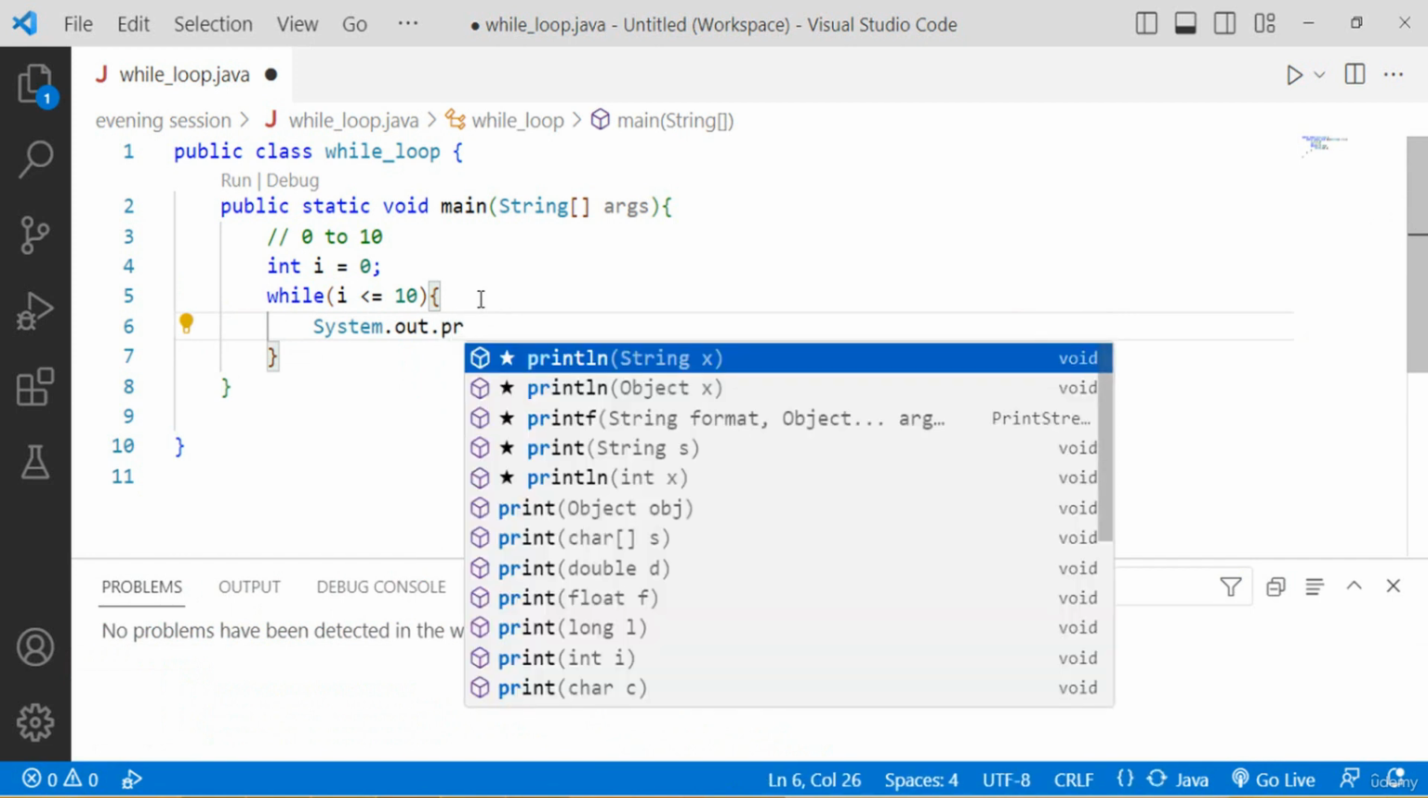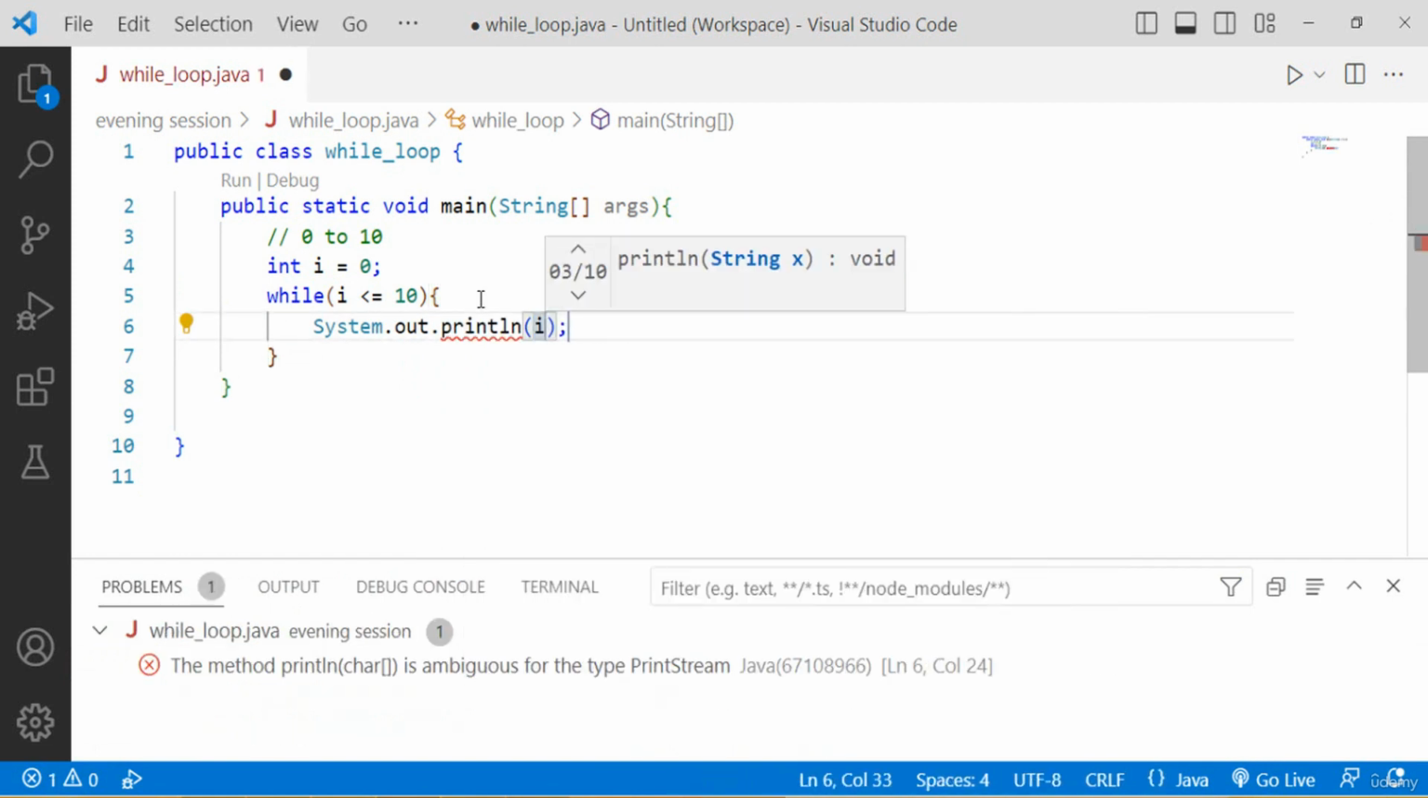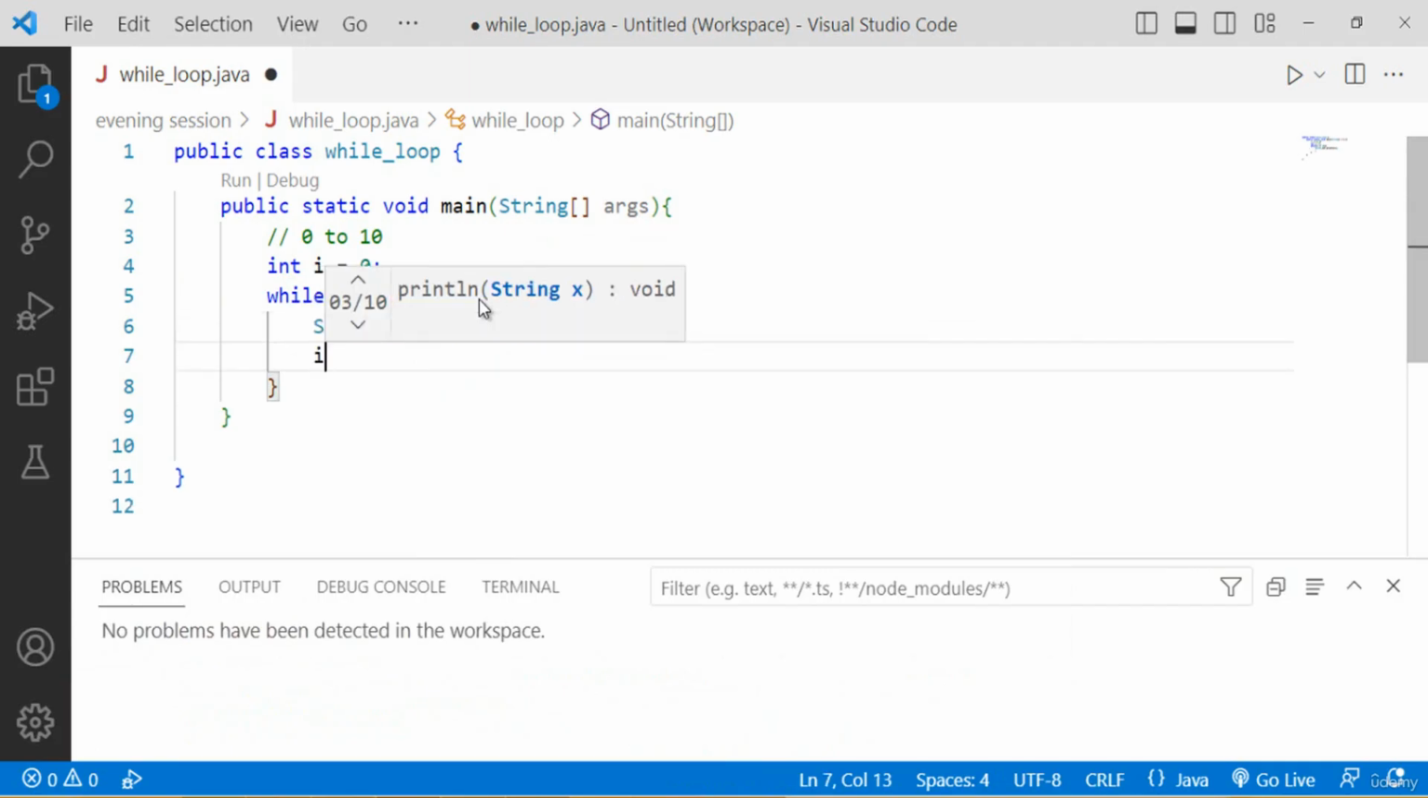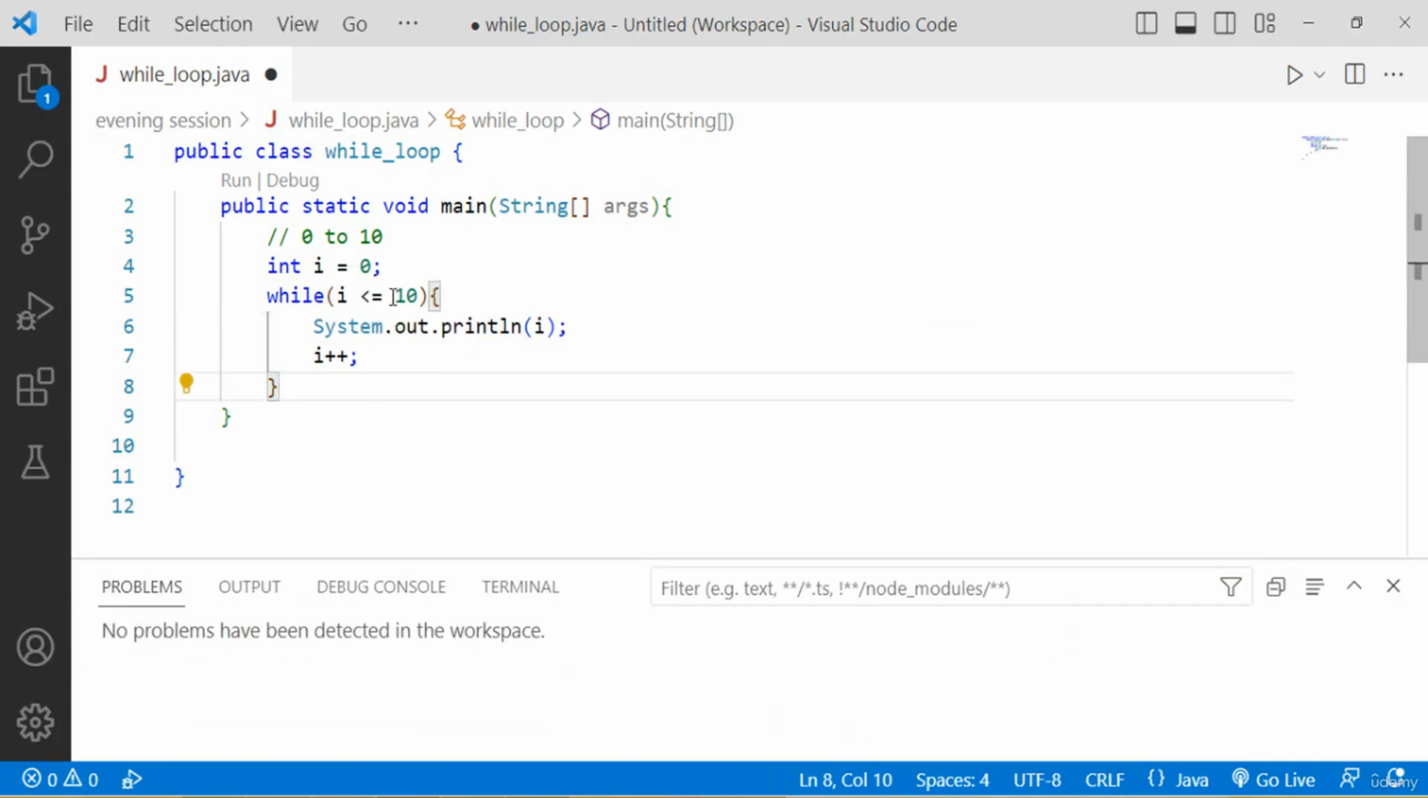System.out.println, and here just put i, and then I will increase one value with the current value of i. I have to reach my destination, which is 10. It will start from 0 to 10. So the initial value of i will be 0, and it will check the condition whether 0 is less than or equal to 10. It is less, so the condition will be true, and the compiler enters the body of the while loop